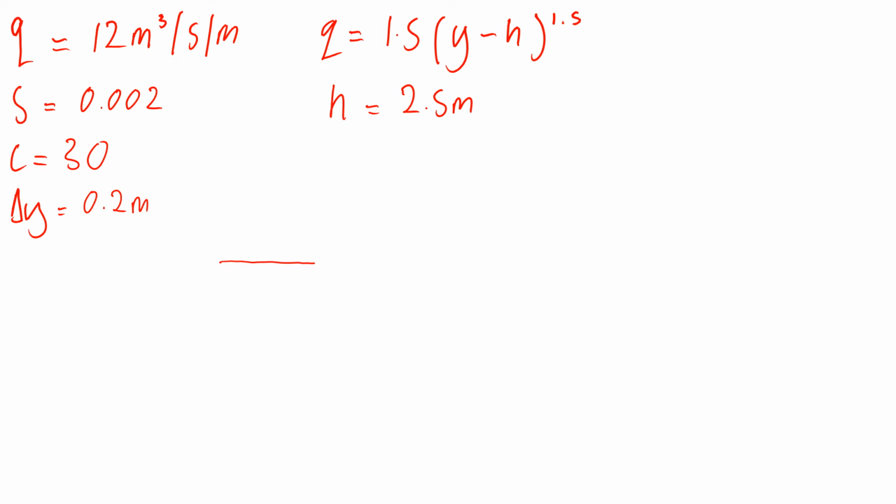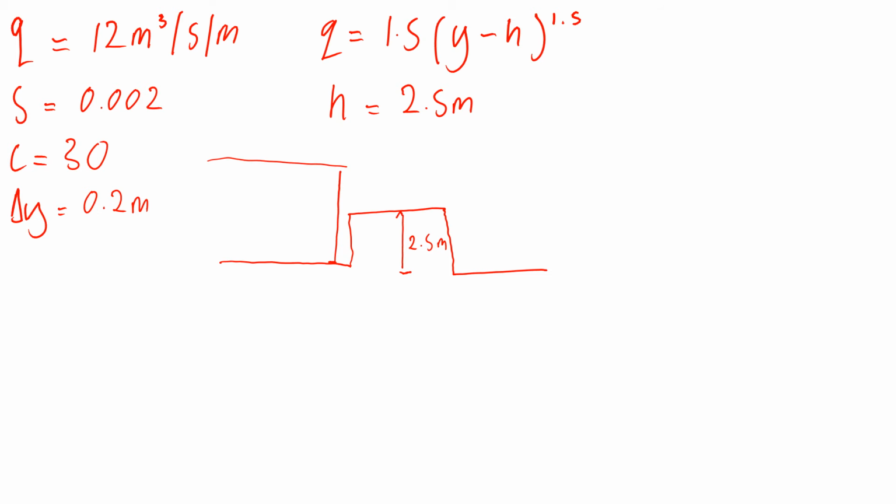This is the bed of the channel, and then it says it's followed by a broad crested weir. So we've got the weir here, and then again the channel. So the sill height is this height, the height of the weir which is protruding into the flow. So that height is 2.5 meters, and then what you need to calculate is y, which is,